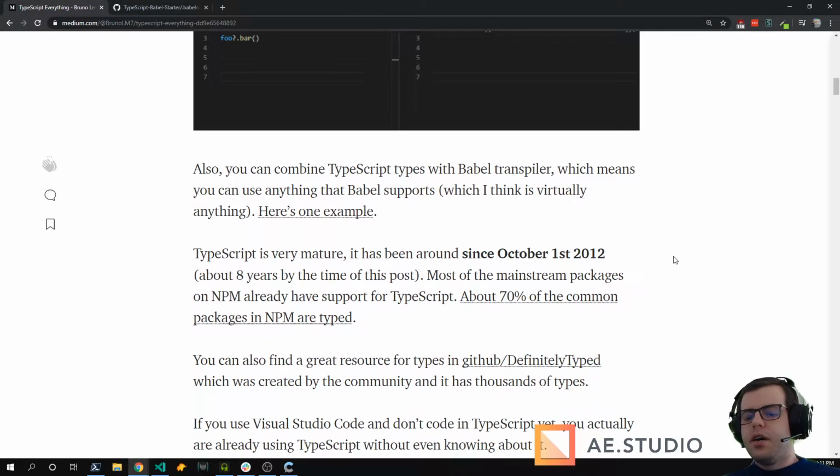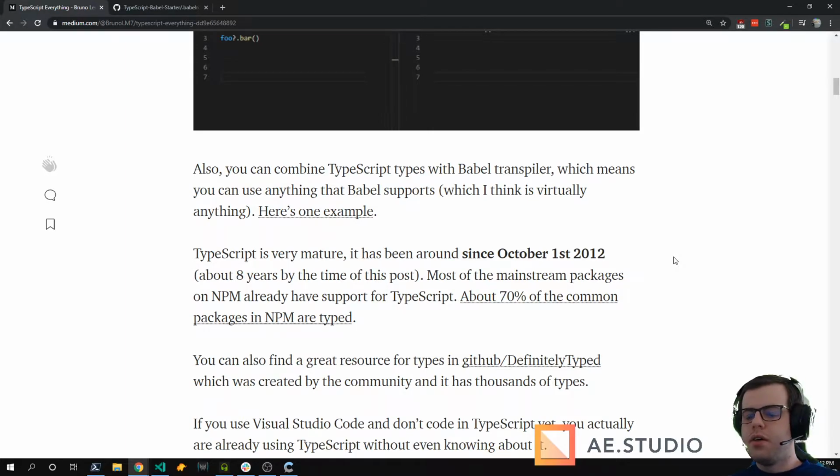I actually watched a video where Anders Hejlsberg was talking about the packages that depend on TypeScript. About 1% has TypeScript types, and from this 1%, all dependencies have 70%. 70% use TypeScript.